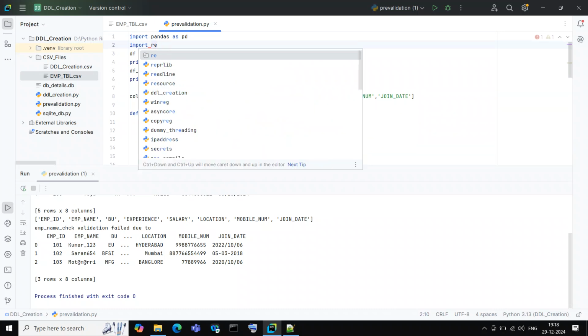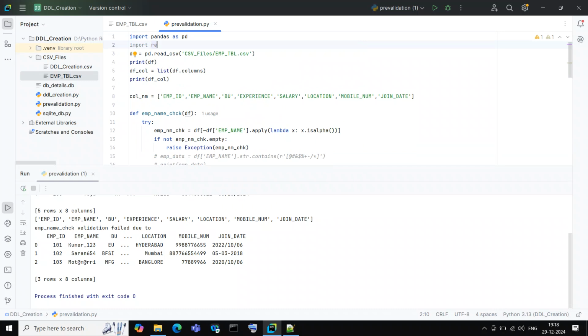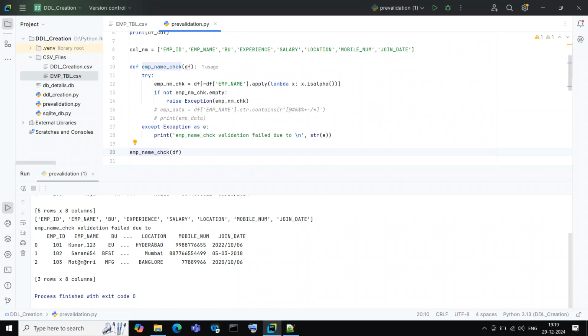Import re. Import re is the regex function. Okay, regex dot you can write. So with the help of regex functions, which use regular expressions, you can identify if your data contains any special characters, or any numericals, or it is a multi-mix like alphanumericals. You can straight away stop the process, and then you can send an email to